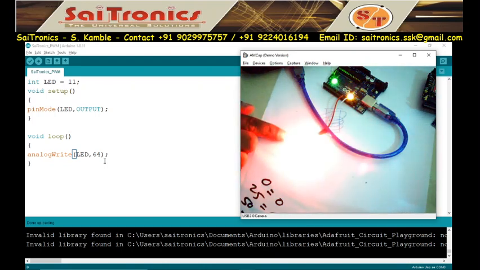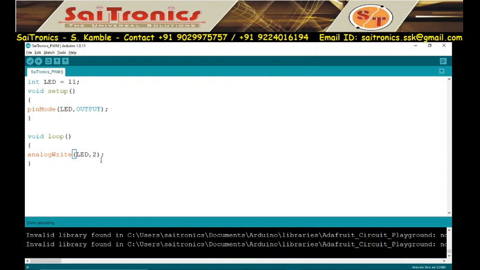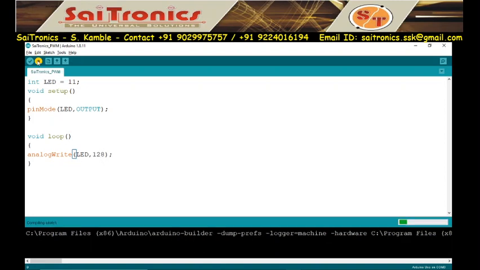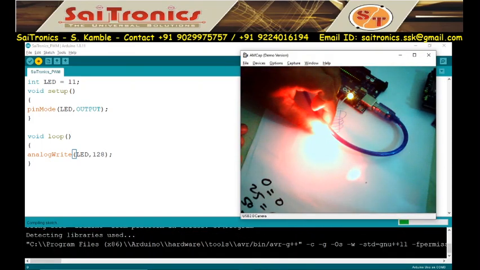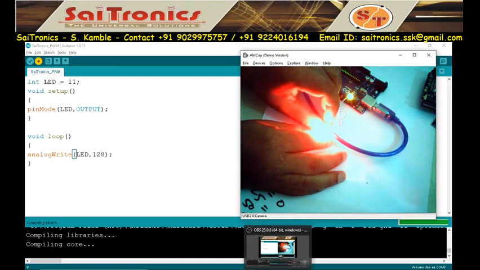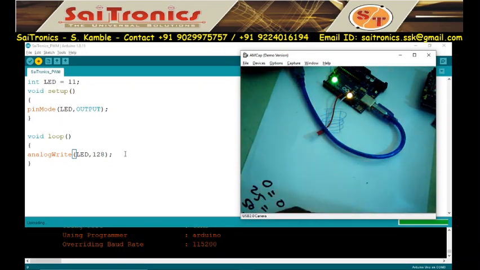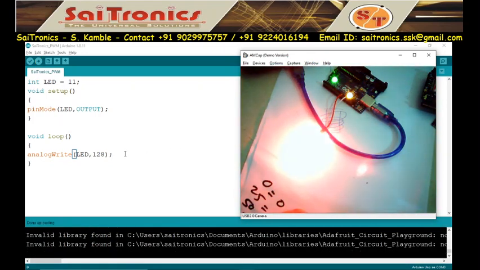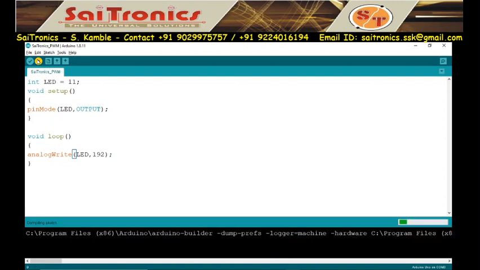Then if you write 128, it gives 50% brightness. So by using this you can change the brightness. For 75% you have to write the code 192. Upload.